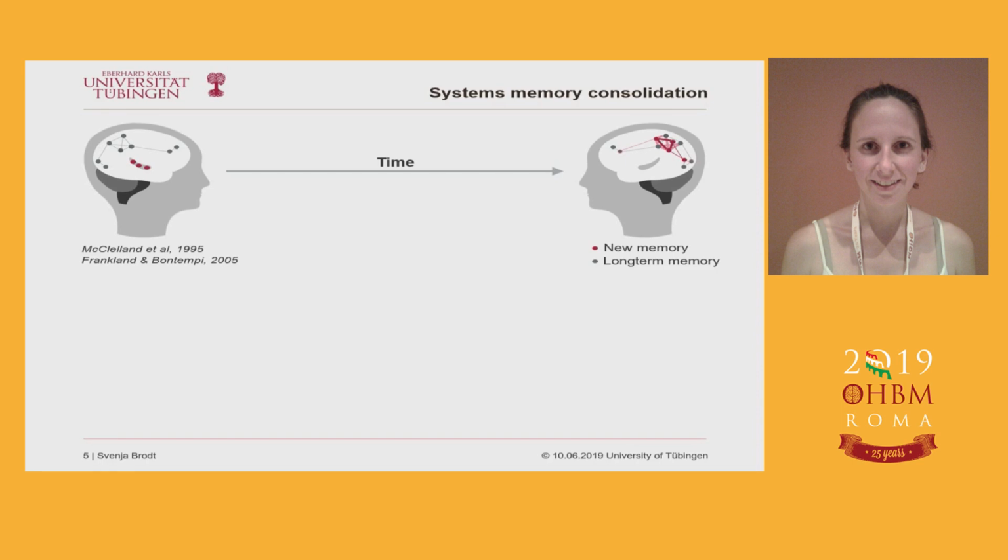One phase termed synaptic consolidation, occurring locally at the synapse, and a second phase called systems consolidation, occurring over much longer time frames and entailing a reorganization of the entire neuronal substrate hosting the memory representation. So traditional models of systems consolidation assume two separate storage sites for declarative memory in the human brain, the hippocampus and the neocortex. And freshly encoded memories are supposed to rely on the hippocampus, which can rapidly store detailed information